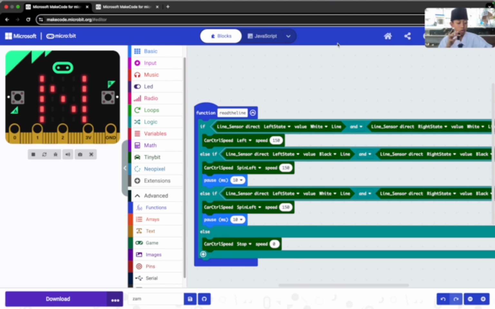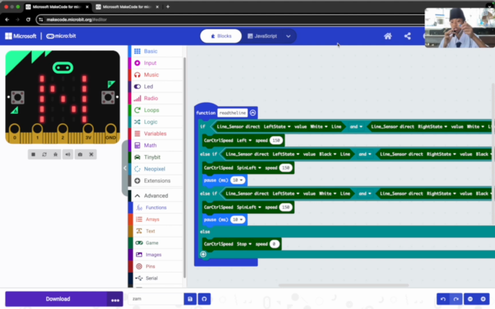We give the code. The code is like the instruction to follow the line or the route that we already made, and this microbit is the brain that can transfer this code to the TinyBit robot to do what we made in the code.